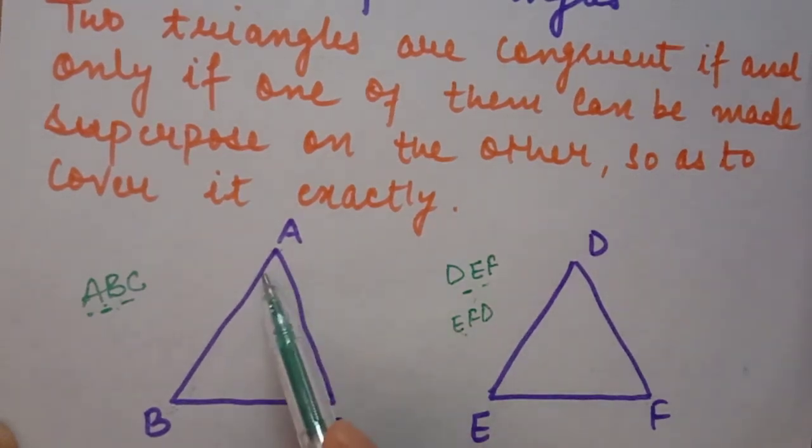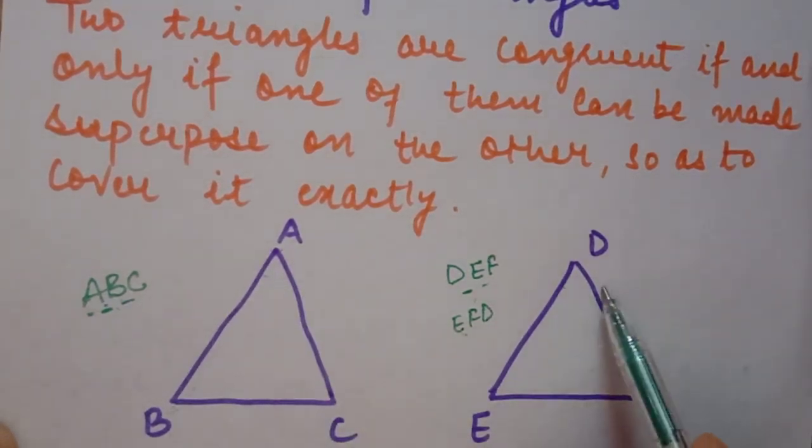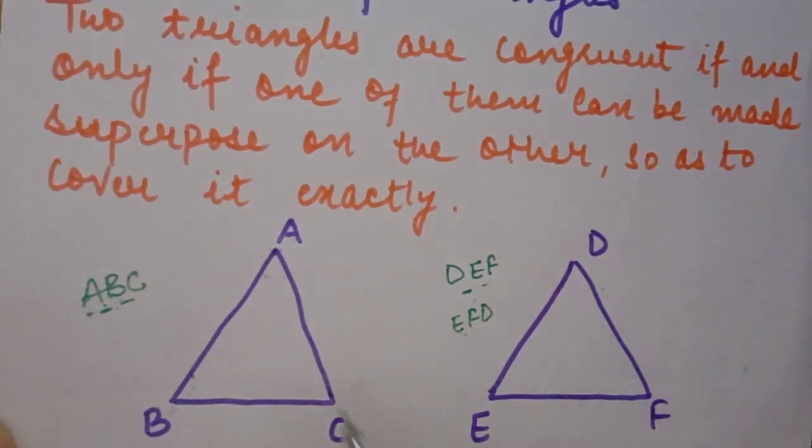Similarly, for corresponding angles, angle A should be equal to angle D, we take B with angle E and C with angle F. So these are the corresponding parts. We have 6 elements, 3 sides and 3 angles, for both triangles. These are the 6 equalities. For congruency of a triangle, we only need 3 elements, any 3 elements on the basis of criteria of congruency, which we will learn later.